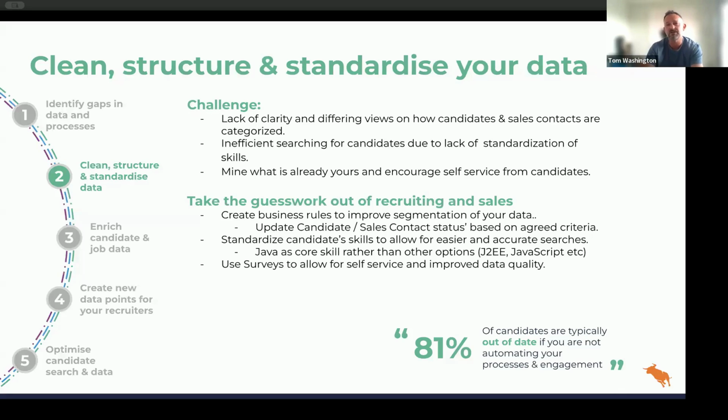So you can use automation to start building lists around last note date is more than 24 months ago, for example, and they do not have a submission for more than 24 months, and you've never placed that person before, ever. What you can then do is incorporate that list into an automation where you will send out a survey and ask people to update their resumes.